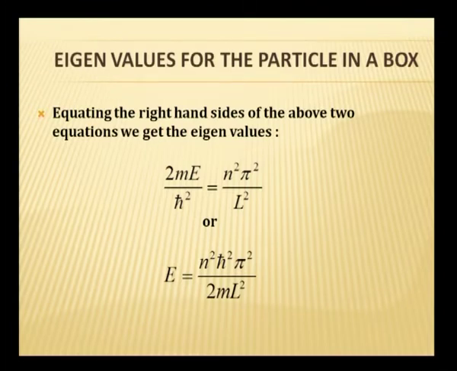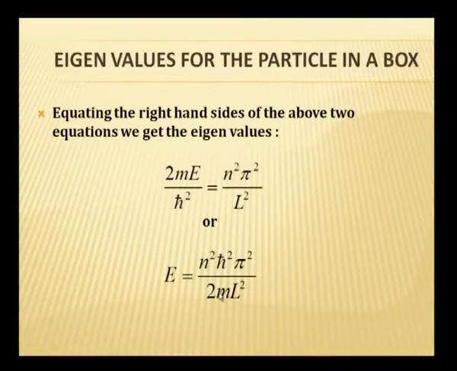Therefore, the point to be noted is the energy will be a multiplication of some constant. The entire thing can be made as some C, h bar square pi square by 2m L square, take it as C, a constant times n square. So, energy is getting quantized. You have this as C, n is 1 means it is C, n is 2 means n square, that is 4 times C, n is 3 means 9 times C. Therefore, the energy is getting quantized automatically.